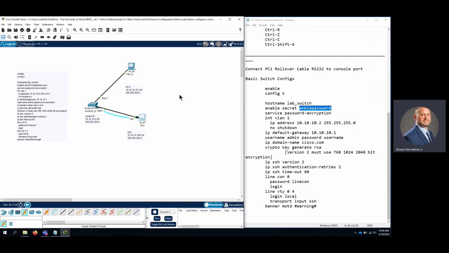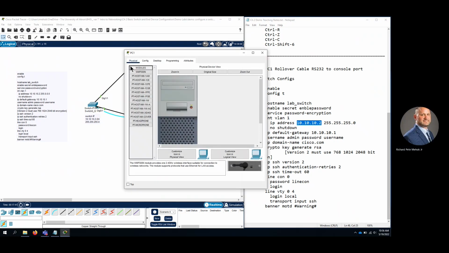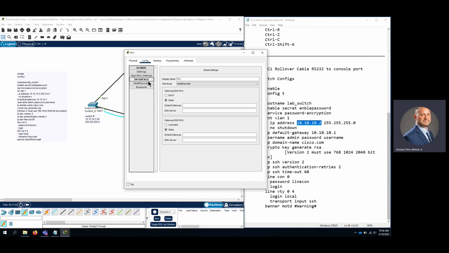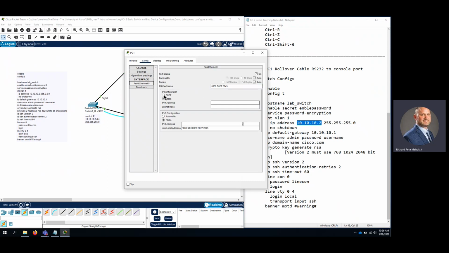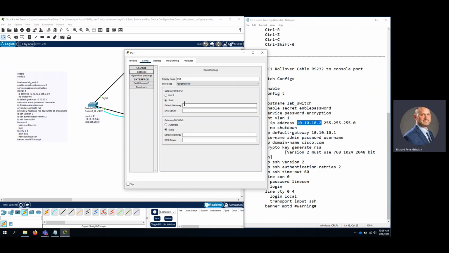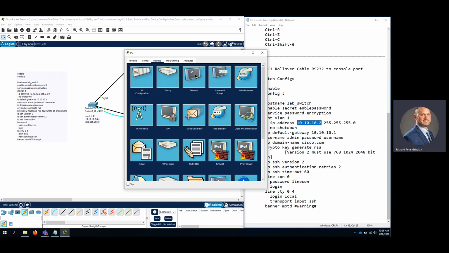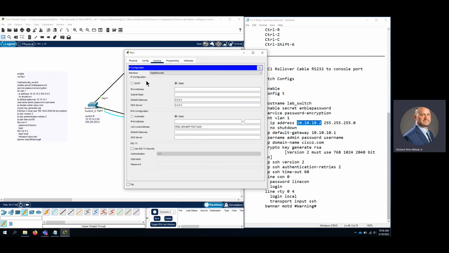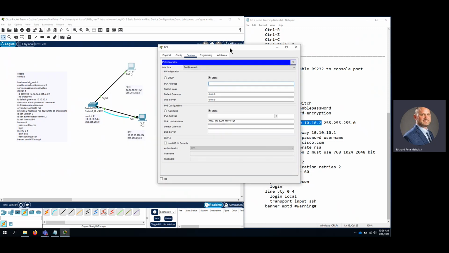All right, so now we have to configure your PC. If we remember, we configured 10.10.10.2 on the switch. So let's go to PC1. Now, there's a number of ways you can go here to Fast Ethernet and do your IP, but then you have to go back to get your gateway. I prefer to go to Desktop and IP Configuration. So we're just going to type in the IP. So slide over,